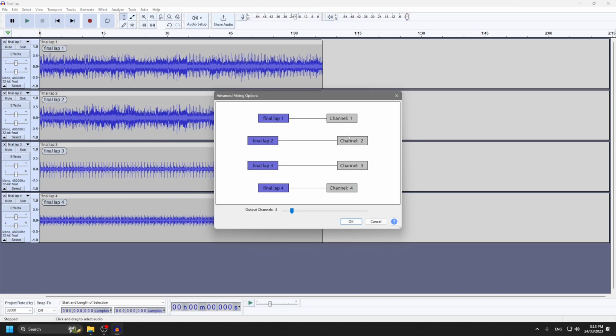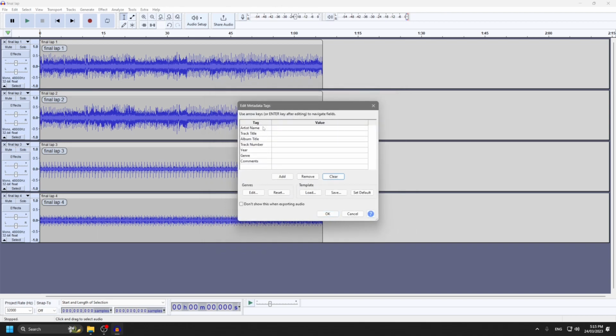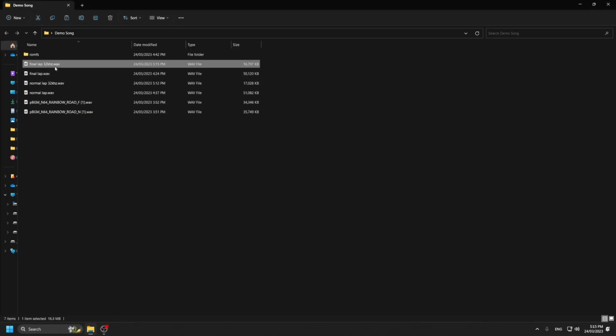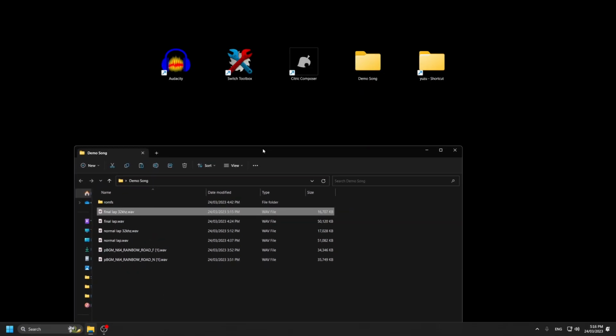Make sure that you've got the right channels lined up, and that you've got the correct amount. Press OK. Remove the metadata. Press OK. And then that's it. So now that we have the properly prepared files, what we are going to want to do is open up